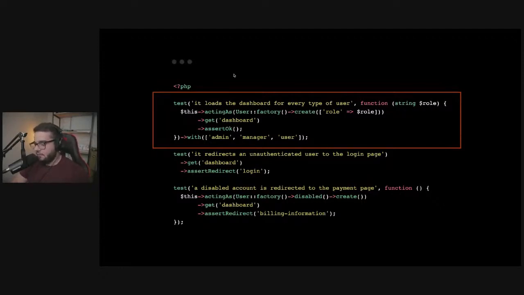So again, data sets, simple tests. We have 3 tests in one. And you probably wouldn't test each user role every time you make a change. I know you might say you will, but you won't. And one more thing, the cool thing about those tests is that they're really simple to write. You can write this test in less than 2 minutes. You don't need to have a lot of experience to write it.